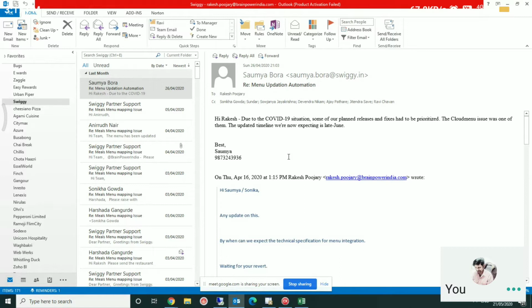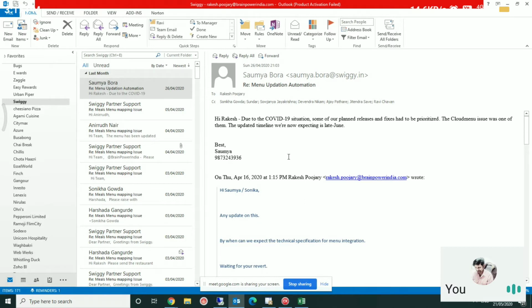They take around 2 to 3 days to do the menu mapping, for whatever updation or addition has to be done. Once they update it, customers can see the updated menu on the portal.